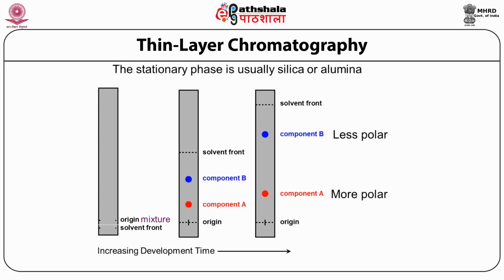Thin layer chromatography is quite simple and similar to paper chromatography. In this, the adsorbent material, usually silica or alumina, is coated on a flat plate made of glass, aluminum foil, or any other inert support material. The principle of separation remains the same and the components are analyzed on the basis of their RF values and visualization on the